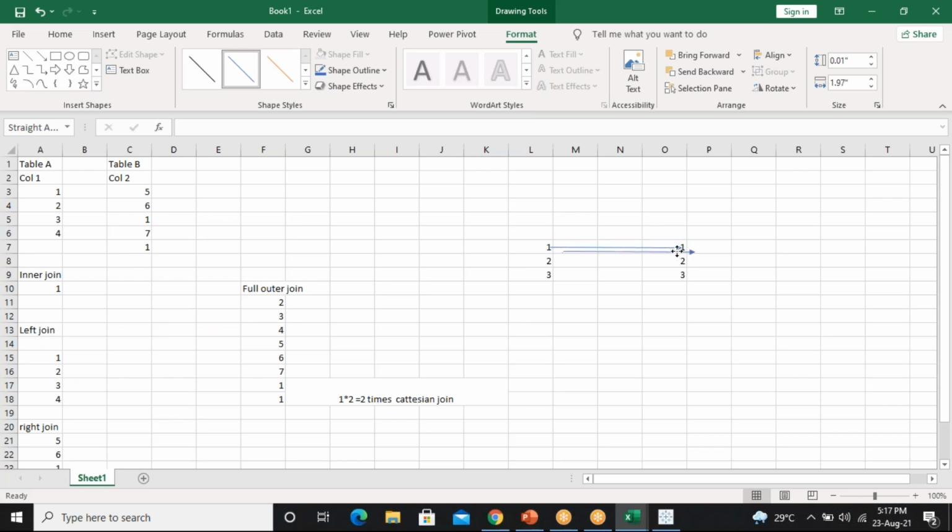So that one has to be connected with, like this.